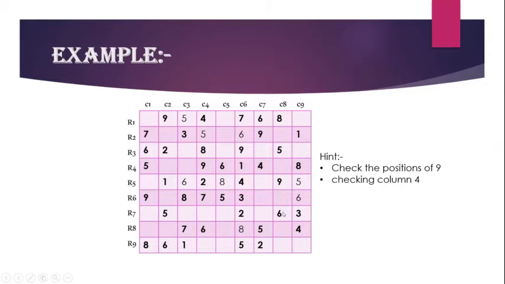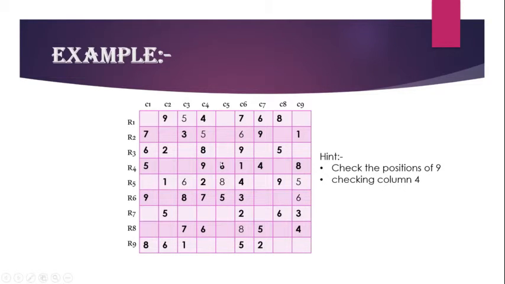So now let's go to the 9th block. The 9th block is a combination of column 7, 8, 9 and row 7, row 8, row 9. Column 7 already has 9. Column 8 already has 9. So the only leftover column is column 9, so column 9 and row 9. In this cell we are going to put 9. Now we can get to know the answer for the 8th block. This row cannot be placed with 9 and this row cannot be placed with 9. So the only cell left over in this block is R8C5. So R8C5 is filled with 9.